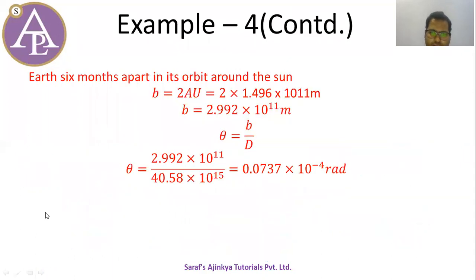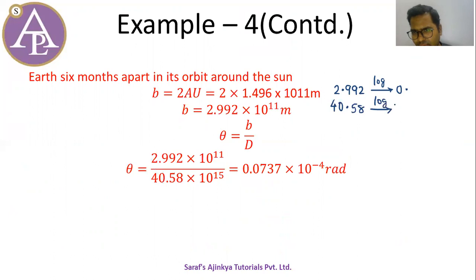ओके, और फिर ये कैलकुलेशन है, तो आई थिंक मल्टीप्लीकेशन बाय 2 के लिए लॉग टेबल वगैरह मत यूज करना. एंड देन लेट अस लुक एट दिस डिवीजन. ठीक है, एक डिवीजन करके देखते हैं. सो 2.992, तो 2.992 का लॉग कितना है, तो 2.992 का लॉग आएगा 0 पॉइंट. एंड 40.58 का लॉग कितना आएगा, 40.58 का लॉग आएगा 1 पॉइंट.